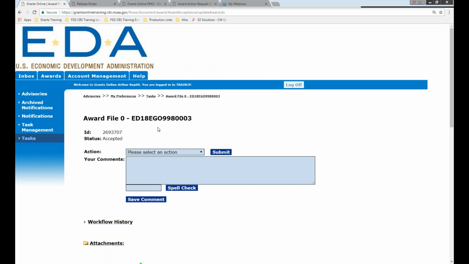At this point, another task has been automatically generated by the system. A task has now been sent to that recipient administrator so that they can set up the principal investigator for that award. Before we do that task, I want to do a couple more polls,